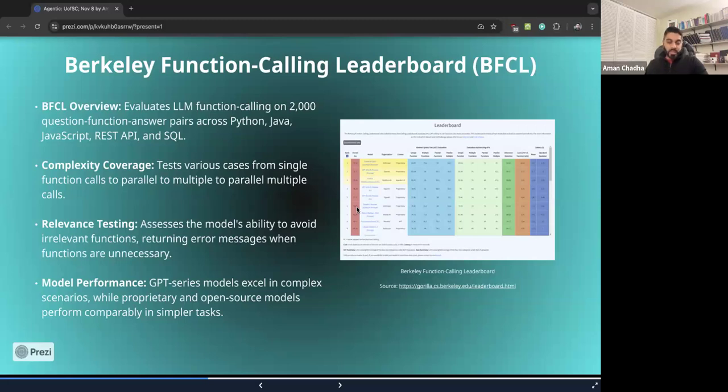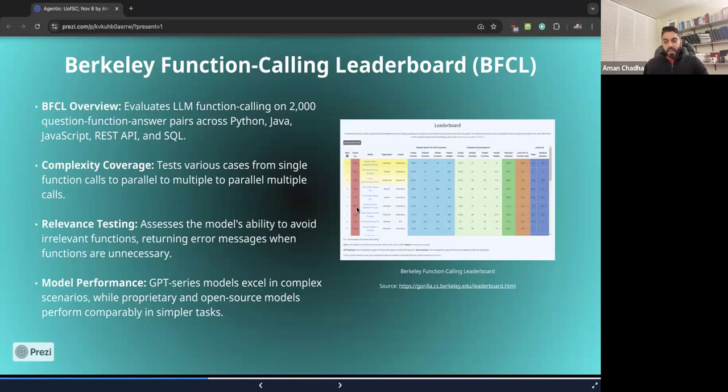And also there's tests to make sure that we're not calling functions when it's not necessary. You don't want the LLM to be calling functions even for common case queries. So they have specific tests for those as well. And lastly, at this point on this particular leaderboard, we have GPT doing pretty well. It's the top of the charts. So the GPT series have typically dominated these charts, but we're seeing those trends fluctuate as new open source LLMs come in that are pretty good at function calling.